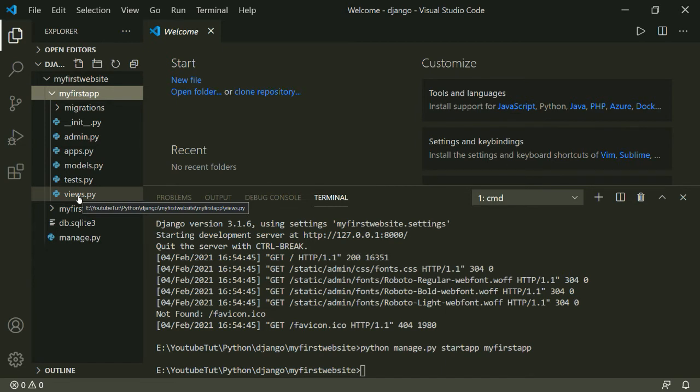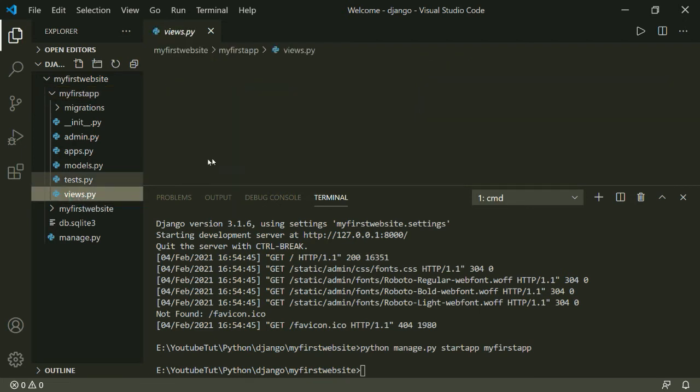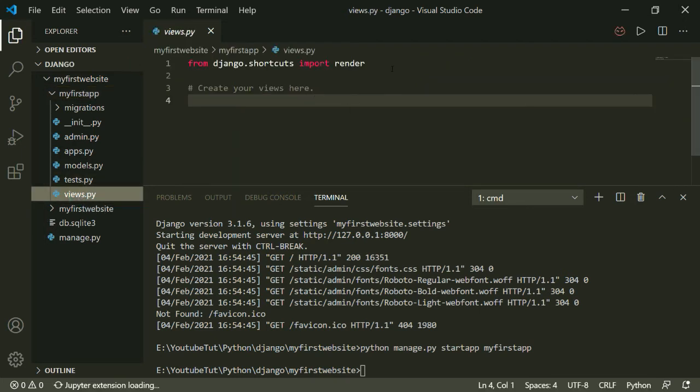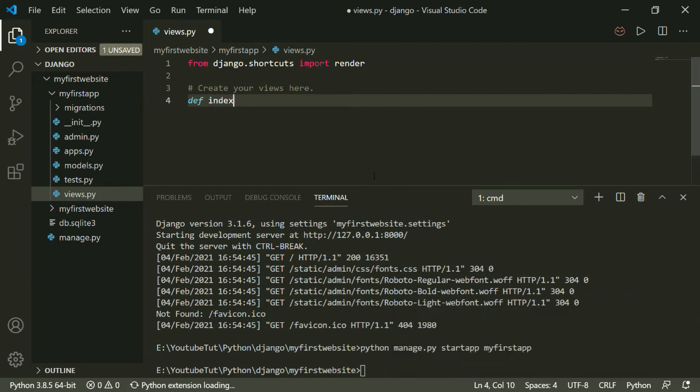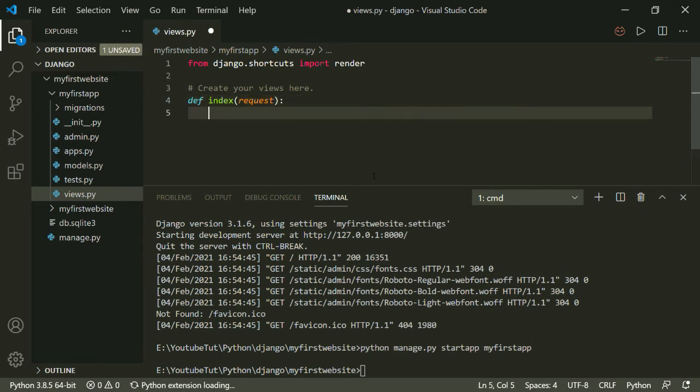I will simply show you how to create a simple Django application. Here I will create a def index. Basically, I'm creating an index endpoint, or an index function, and I will provide it the request, and I will return